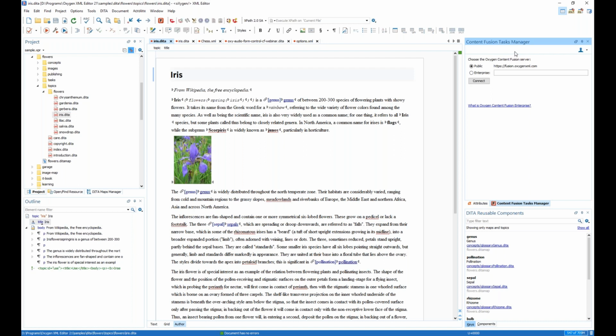The first time you open it, you are asked to choose the server. And to be clear, the public option here is only meant for evaluation purposes and should never be used for production. It's there to provide you with a way to try it out before making an investment, but using this evaluation option, you should definitely only use sample documents. The enterprise option is for using your own server, and I will go into much more detail about that in a few minutes. So to begin showing you the product, I'll select the public option,